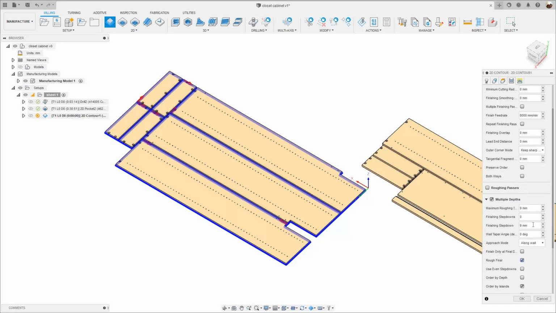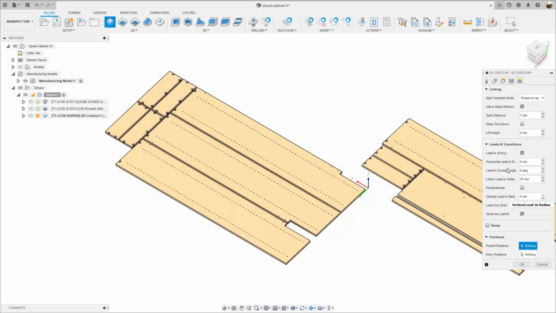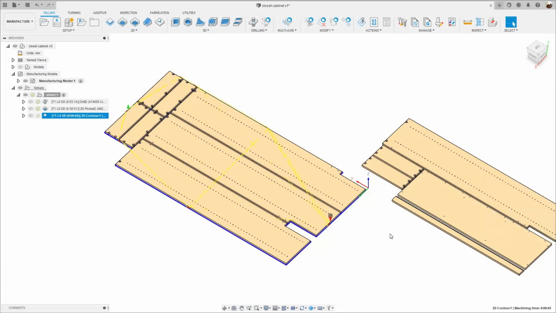I'm gonna check order by islands, and I'm gonna check rough final. And under linking tab, I have lead in and lead out check. I'm gonna check this, I'm gonna check this, and I'm gonna check where it says ramp, and I'm gonna have a 15-degree ramping angle. Okay, let me click OK, see what we get,